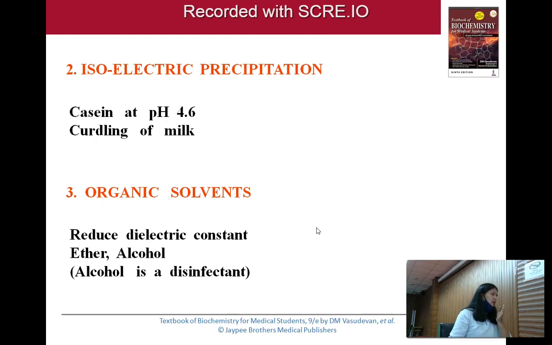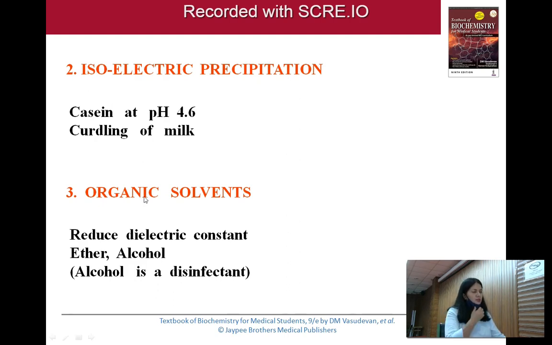They reduce the pH. They bring down the pH to around 4.6, which is the isoelectric pH of casein. So when the pH of the milk is reduced to 4.6, the casein becomes precipitated out, due to which the curdling occurs. Clear? So the lactobacillus present in the milk decreases the pH of the milk to around 4.6, which is the isoelectric pH of casein, the milk protein present. At this pH, the casein gets precipitated out and forms curd. So this is precipitation at the isoelectric pH.